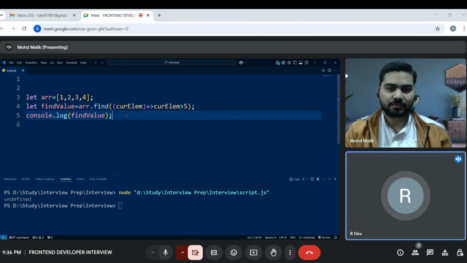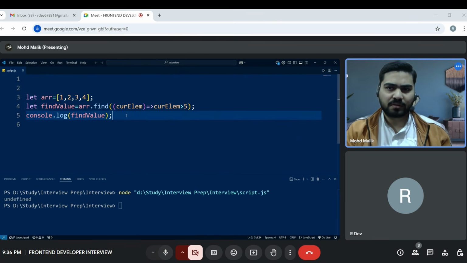Okay, fine. Can you tell me different ways to handle asynchronous operations? Yes, sir. We use callback functions. We use promises. We use async await. Okay, and which is best among the lot? Async await, sir. Why? Like in callback, we get into callback hell, which is called,